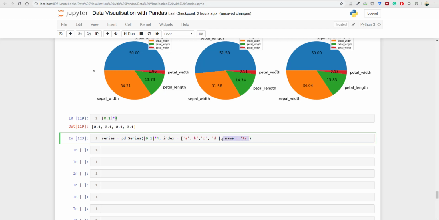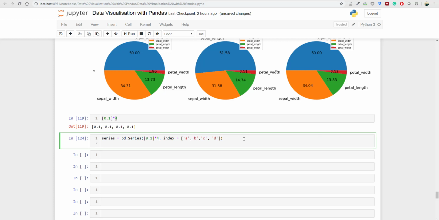Okay, this is not gonna work if we cut this one. And sorry, this is the series. Okay, now we need to do the pie plot. How can we do that? We can do that with series.plot.pie